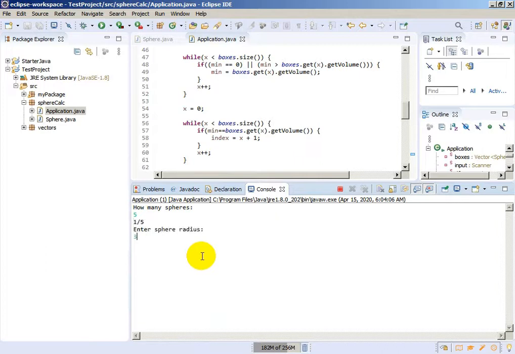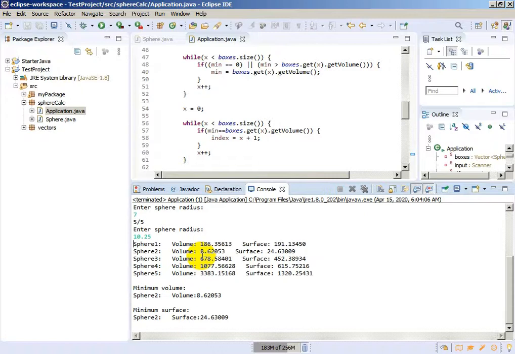Enter sphere radius 3.9, 1.4, 6, 7, 10.25, and let me see. Okay, we have these 5 spheres. Each has its own volume and its own surface, as you can see, and we have a sphere with minimum volume and minimum surface. It is number 2, which is correct. This means that this works